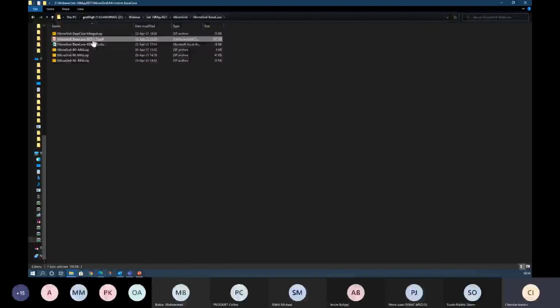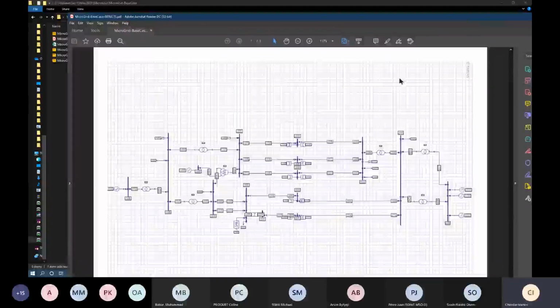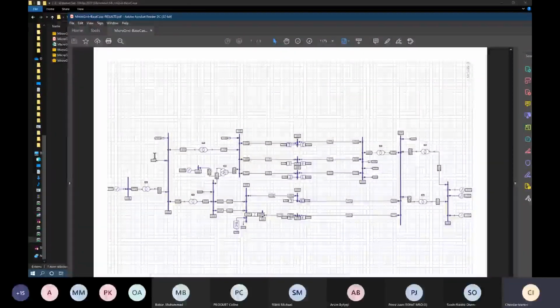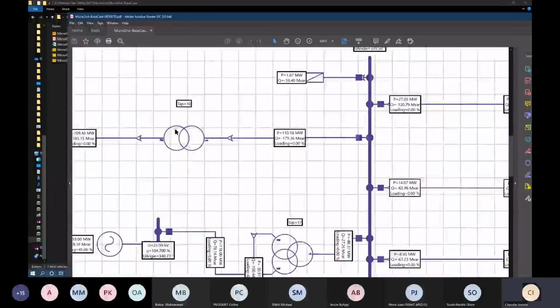Something we have here in addition for the microgrid is the diagram, which contains the load flow results as well. So we can just zoom and see. Hopefully the same results are shown in the Excel.